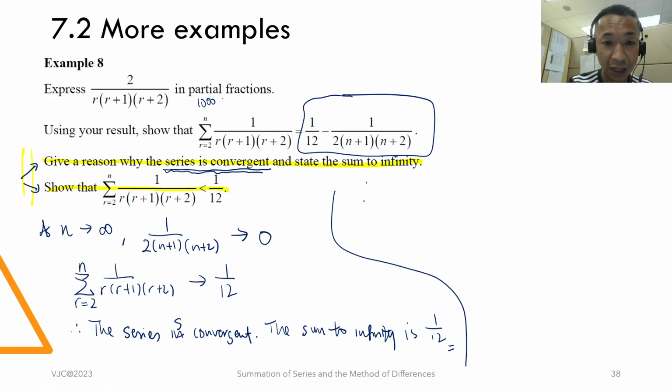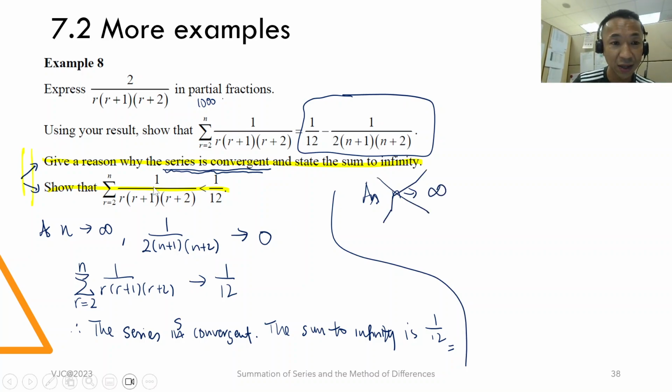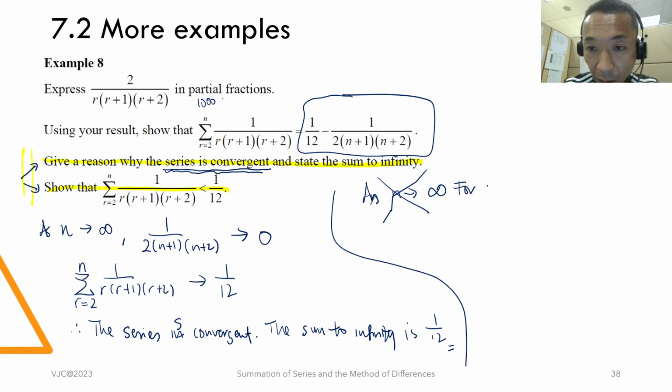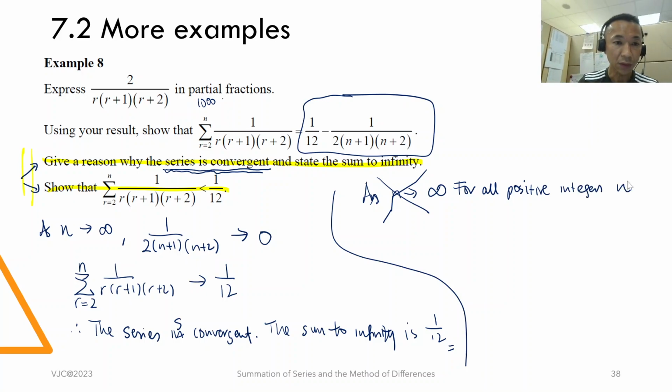So the moment you say the next part, if you want to answer it as n to infinity, wrong already. You can't. We are not interested in n to infinity for this last part, right? So how do you say? You say for all positive integers n, right? Because they want you to show no matter what is n, this sum will always be less